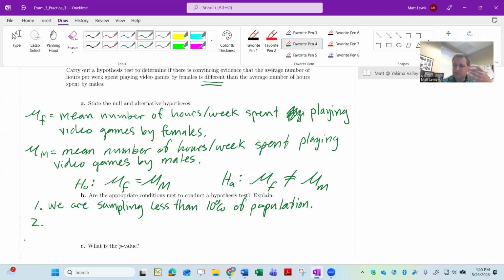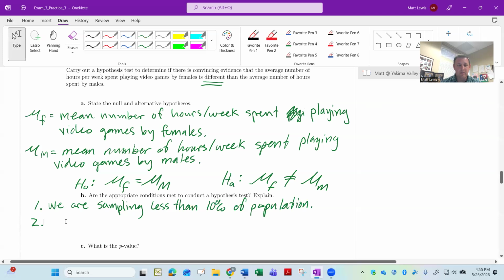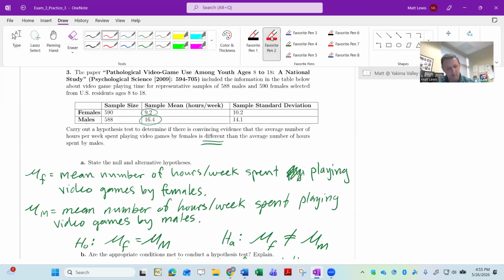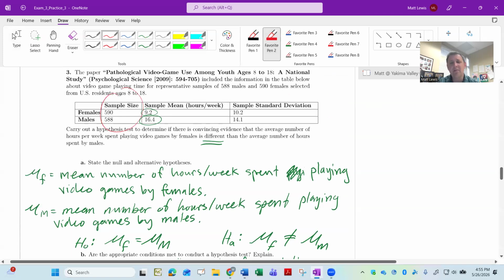So what we would need to do is make a judgment about, is the amount of video games played by males and the amount of video games played by females, would those be normally distributed if I made a histogram of them? Well, what we'd like to be able to do is look at histograms of our sample data, and that can kind of give us a clue. We don't have that. But the reason I didn't give it to you is because, remember, there's a way of making that second condition not matter very much with numerical data. And that is when your sample sizes are really large.